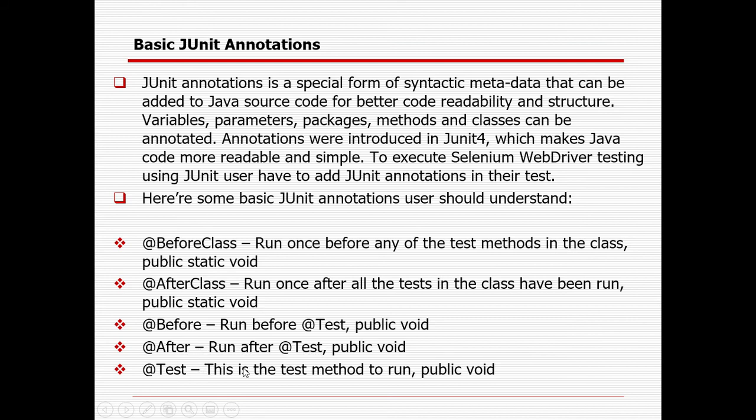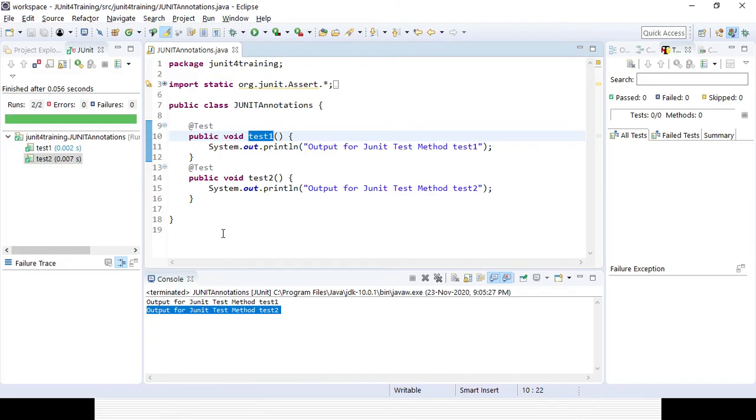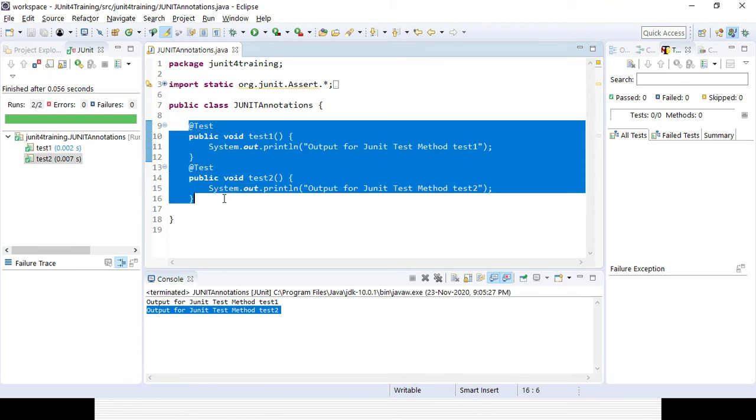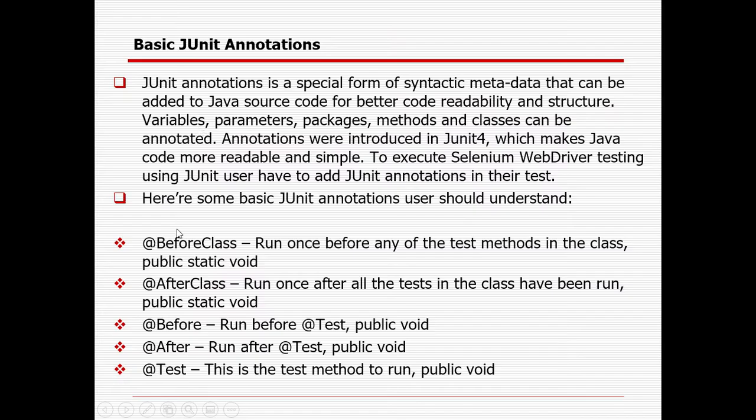And @Test you have already seen, this is called a test case, or test method. Under each and every @Test annotation, obviously a method should be there, otherwise there is no point. Other annotations, like Ignore, Timeout or Expected, can be used at the class level. But here @BeforeClass, @AfterClass, @Before, @After and @Test will be used at the method level. If you write the BeforeClass and AfterClass annotation, you need to declare the method as public static void. For the other three, Before, After and Test, the method type will be simply public void, no static word needs to be mentioned.